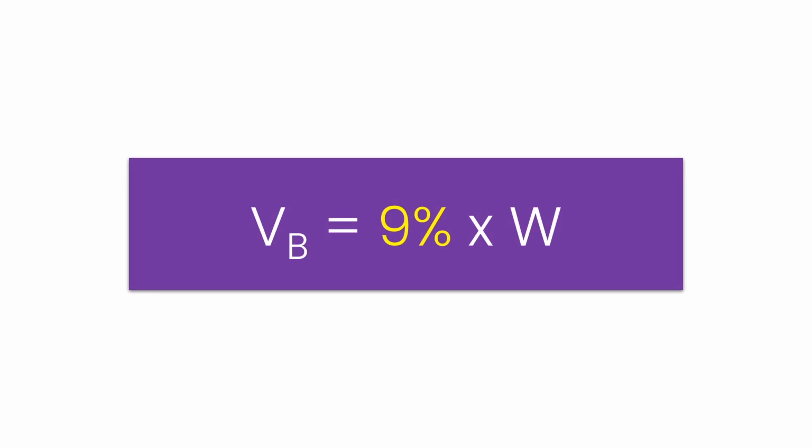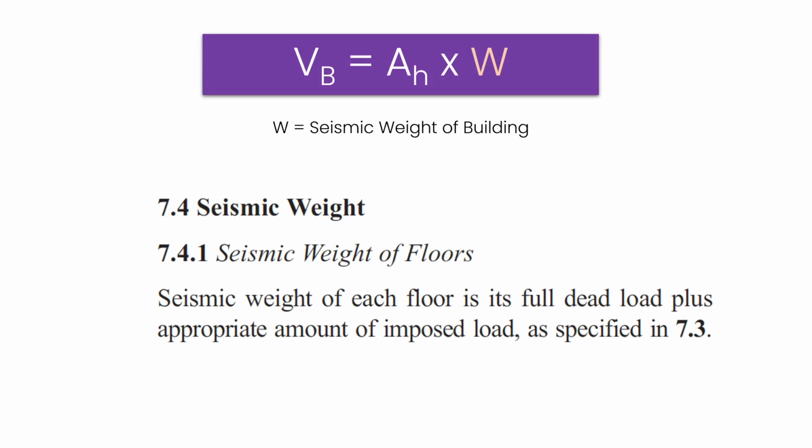So we have one part of VB done, which was AH. So we have 9% of the equation. Let's go ahead and find this other parameter, which is called W. So W is the seismic weight of the building. As per IS 1893, seismic weight of each floor would consist of full dead load plus an appropriate amount of imposed load. So dead load is going to be universally there